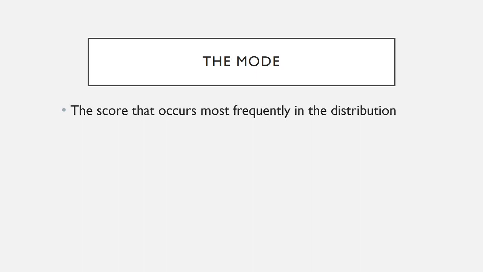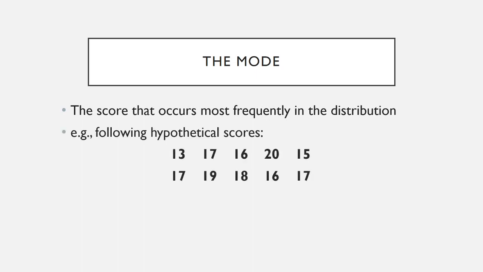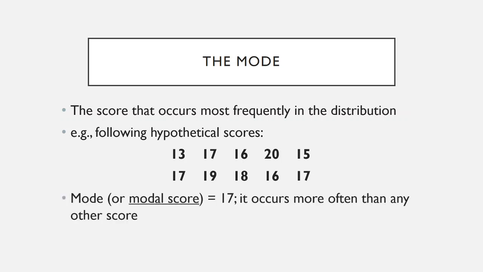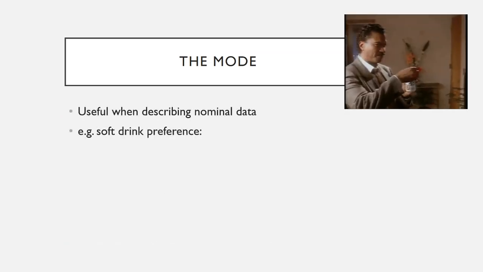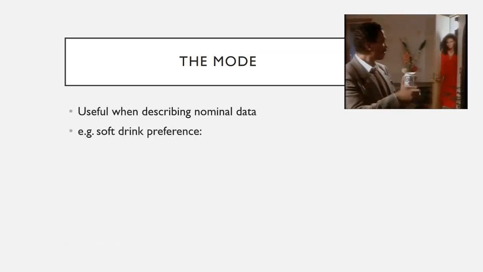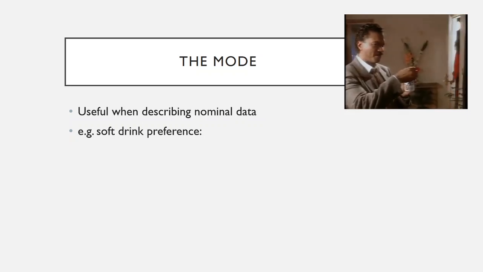The mode is the score that occurs most frequently in your distribution. So if, let's say, you have a series of these 10 scores, I just pick whichever score happened the most. In this case, the mode is 17 because it happened 3 times, and no other scores appeared as frequently. A data set can have multiple modes if there are two unique scores that appear the same number of times and both tie for first in terms of how many times that value appeared. If so, that data would be called bimodal if you had two modes.